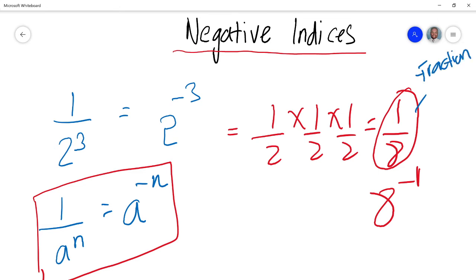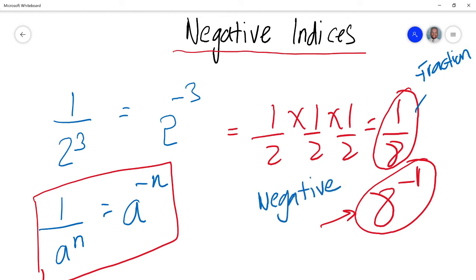And 8 to the power negative 1, you write it as, or you express it as a negative index. It's very important that you understand the correlation between writing a fraction and writing a negative index, because a lot of times these questions can throw students off. With that in mind, let's look at simple